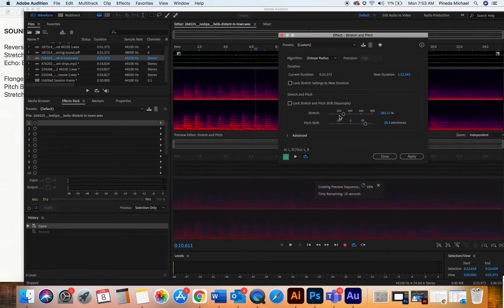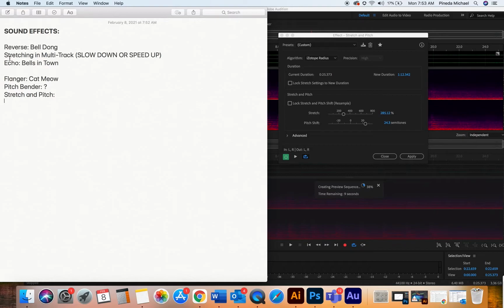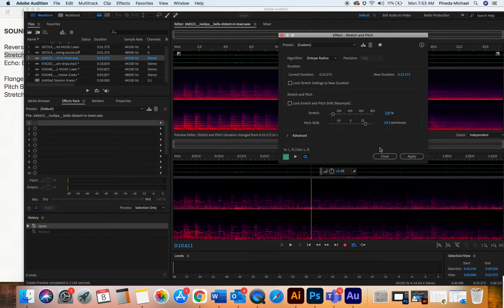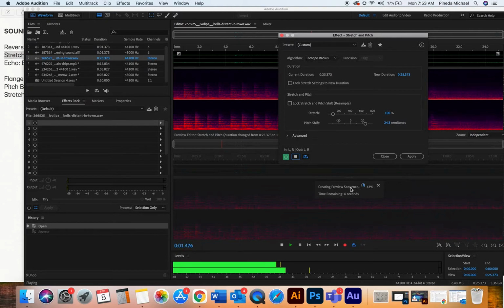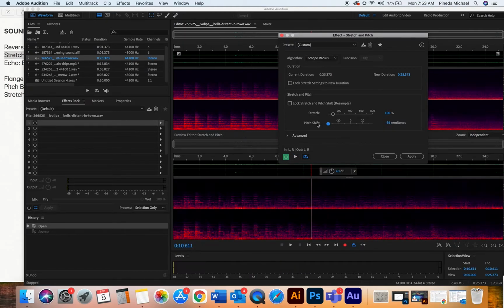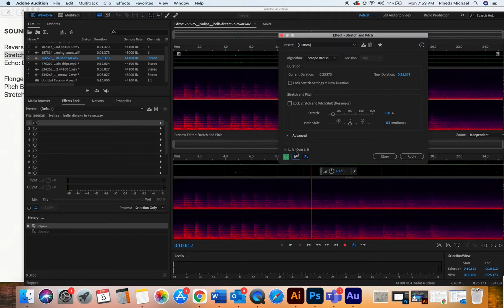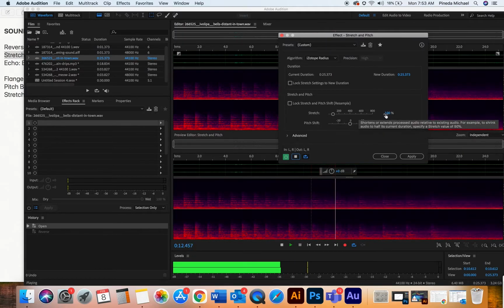Stretch and pitch will allow you to stretch, just like we did up here with slowing down and speeding up. That's what this is doing, while also adjusting the pitch of the sound. So I'm going to have it play at 100%. Let's see. Let's knock that down. Ooh. 0. And it should be pretty much exactly what the normal sound is, playing at 100% speed, 0% distortion to the pitch. But if I were to pitch up,